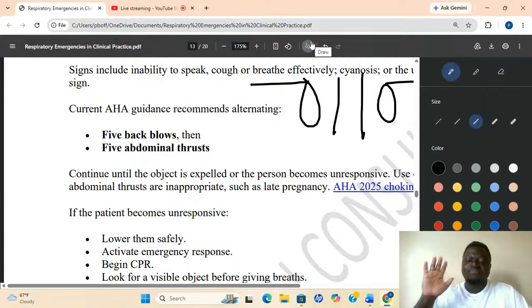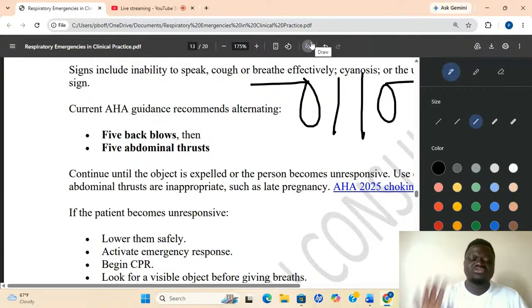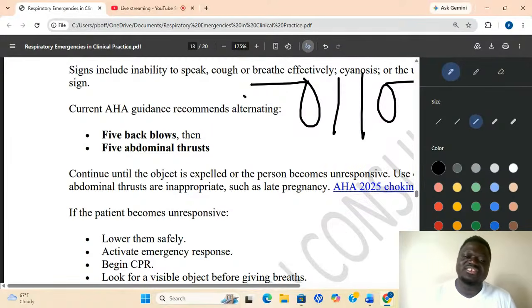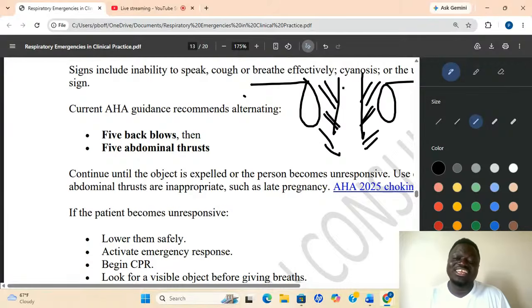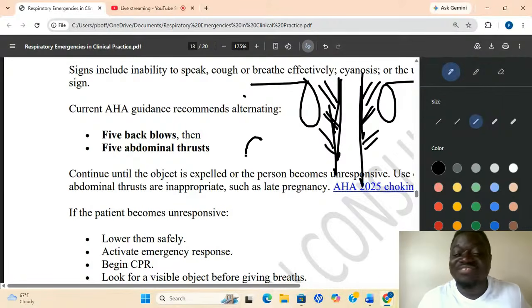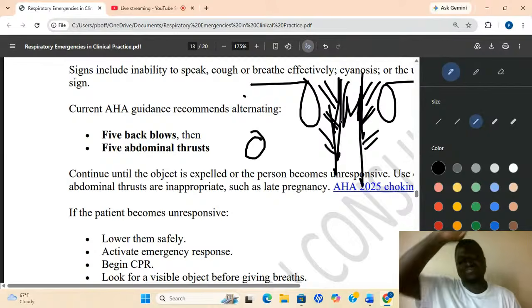slap there with this hand. 1, 2, 3, 4, 5. Like you're pushing it up. 1, 2. It stimulates the coughing reflex because there are a lot of coughing nerves here. If you don't know, I'm telling you today. A lot of nerves that will help you to cough are in this area. So don't go and hit the side of the patient here or here. We don't have a lot of nerves here. Hit here, coughing nerves. 1, 2, 3, 4, 5.